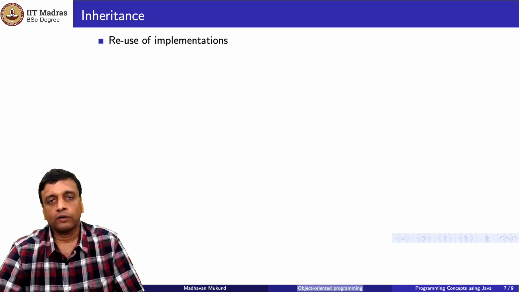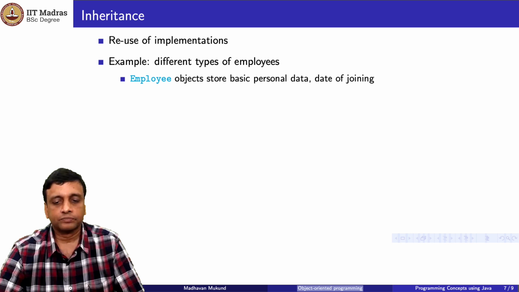Finally, let's look at what's called inheritance. Inheritance is a fundamental property of software development, which is that if you have something you have already written, you would not like to rewrite it, right? All over the place we try to reuse the code that we have written. In particular, when we are defining data types and data structures, we would like to reuse implementations to the extent possible.